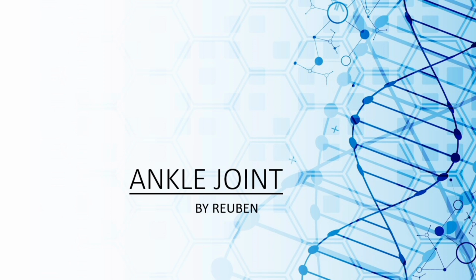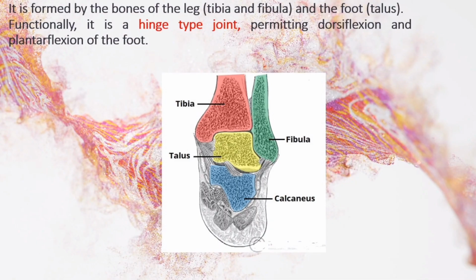The ankle joint. The ankle joint, or talocrural joint, is a synovial joint located in the lower limb. It is formed by the bones of the leg, tibia and fibula, and the foot, talus. Functionally, it is a hinge-type joint, permitting dorsiflexion and plantar flexion of the foot. In this video, we shall look at the anatomy of the ankle joint, its articulating surfaces, ligaments, movements, and clinical